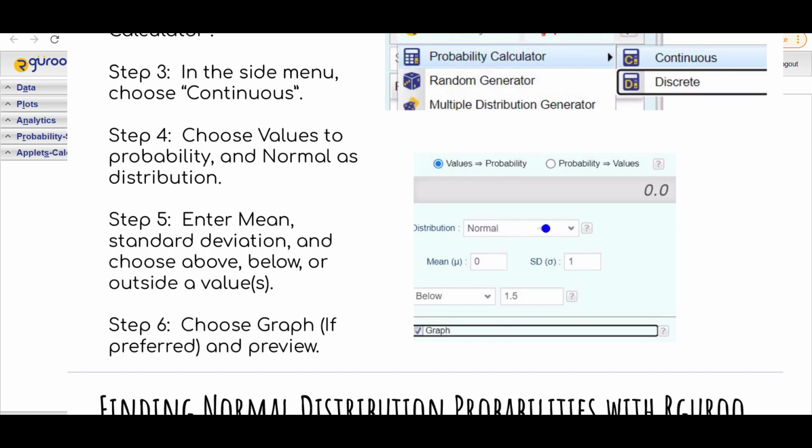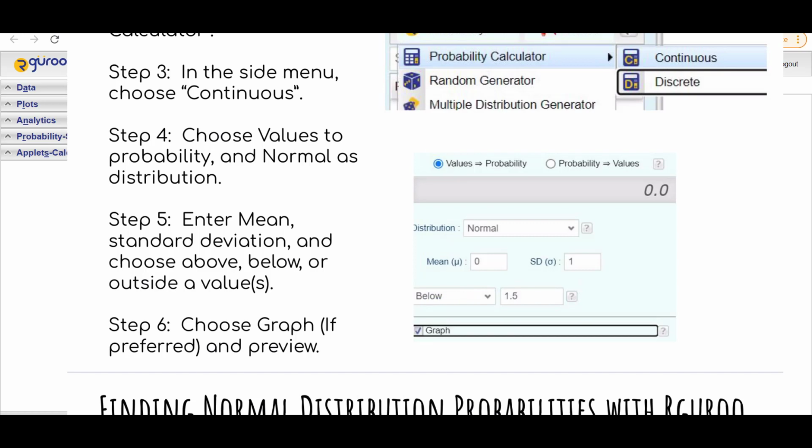You are going to make sure your distribution says normal, and then you're going to enter your mean and your standard deviation. If it's a standard normal curve, the mean will be 0 and the standard deviation is 1. But if they give you a different mean and a different standard deviation, you want to definitely put that in. And then